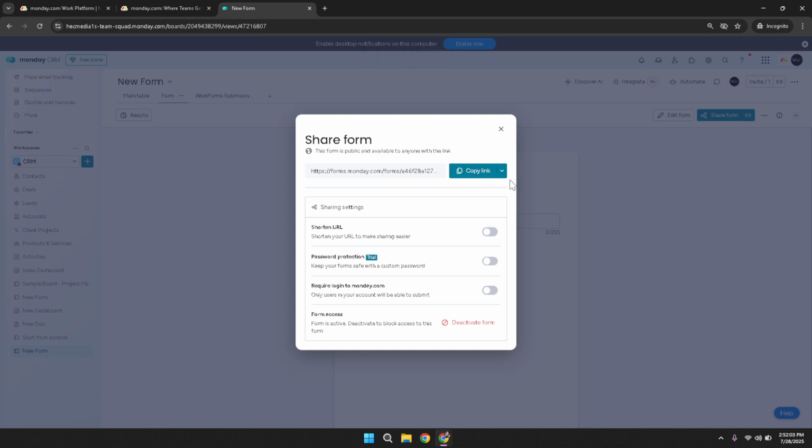And that's it. You've successfully navigated through crafting a work form in monday.com, from signing in to sharing your form link. This powerful tool now lets you collect and